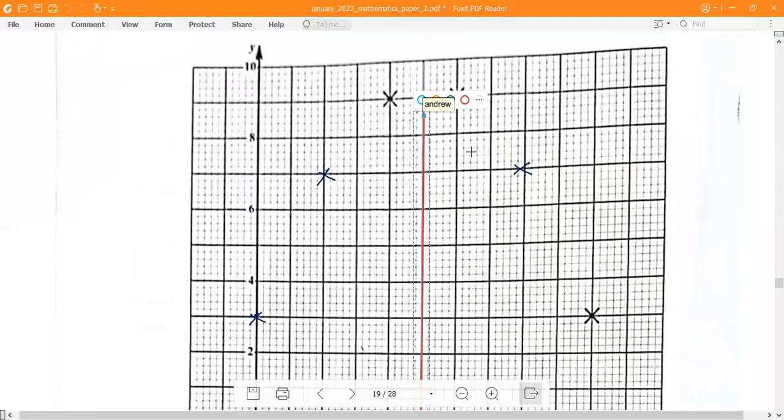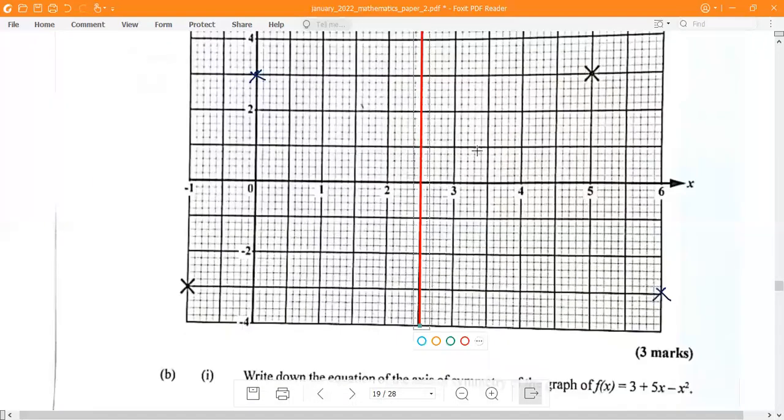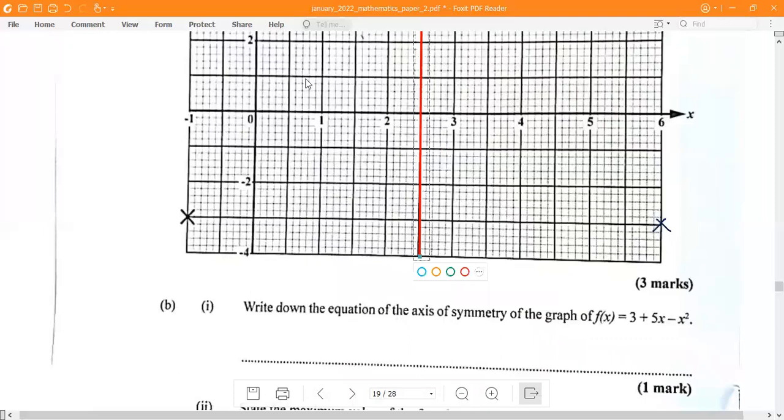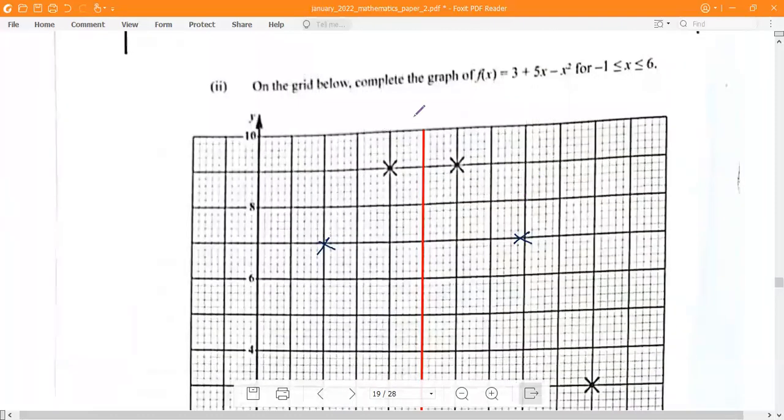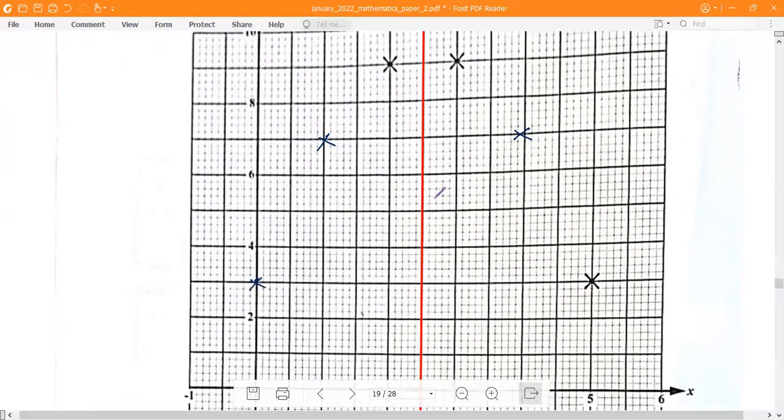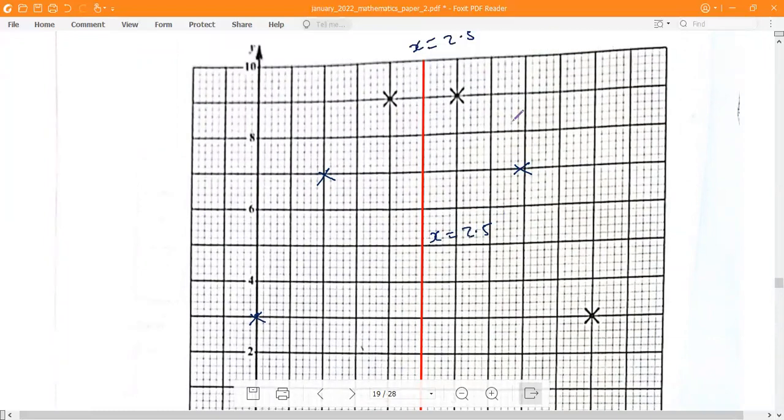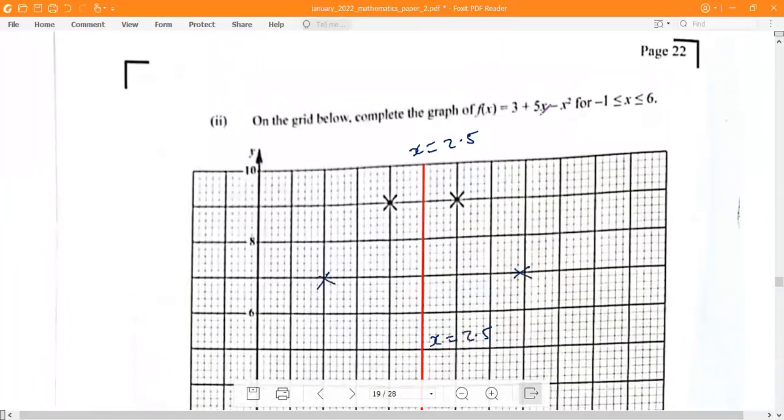Right, so x equal 2.5 is our line of symmetry. All right, x is equal to 2.5. So we can also write it there, x equal 2.5. So when x is equal to 2.5, we can substitute that